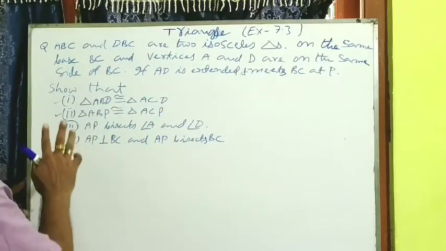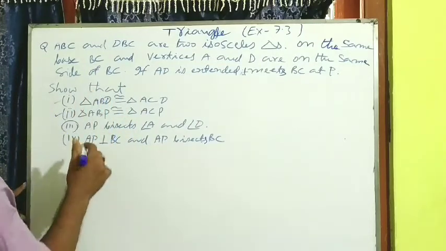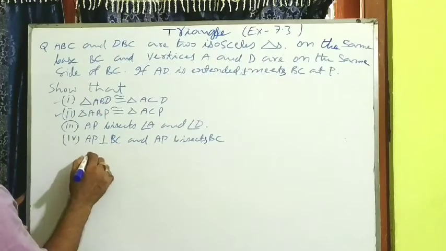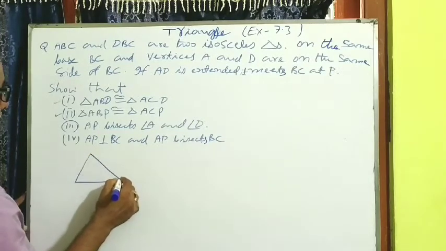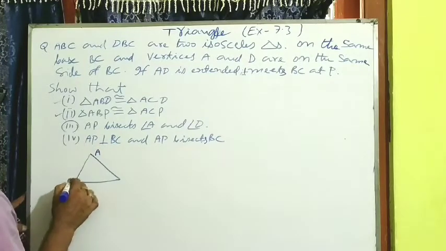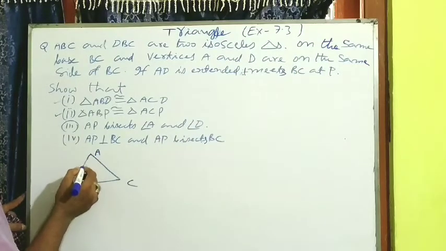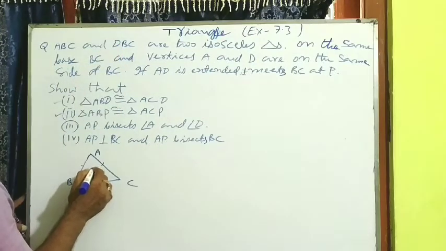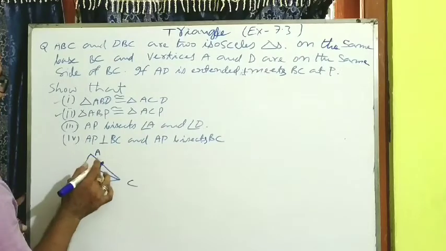What are the two triangles? ABD and ABP, two triangles are there. DBP, here you see one triangle. This is one triangle. This is triangle ABC. Here it is told ABC, so I have written ABC. And isosceles triangle means what? AB is equal to AC. DBC is also there. DBC. It is also an isosceles triangle.